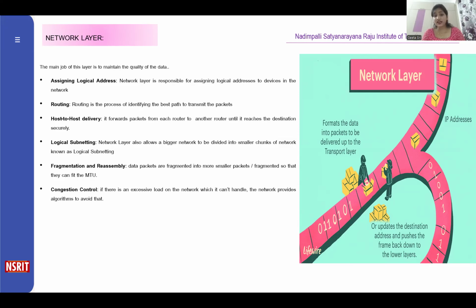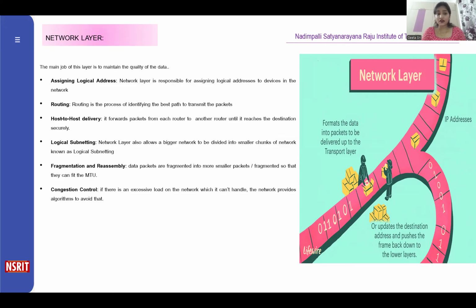As I already mentioned, network layer is responsible for host to host delivery. It forwards packets from each router to another router until it reaches the destination securely. It also provides security. Logical subnetting is nothing but it divides the network into smaller chunks of network known as logical subnet. Fragmentation and reassembly is nothing but any network will have